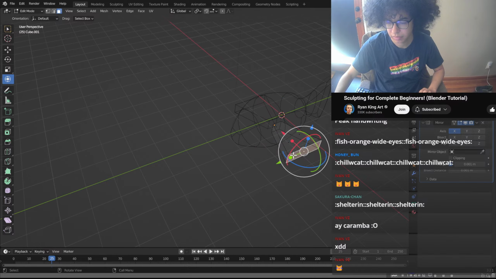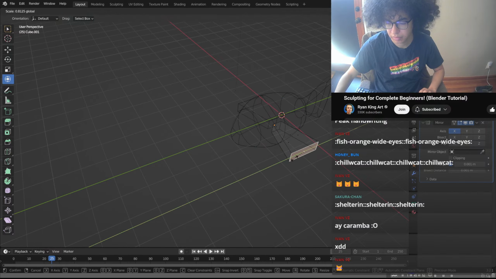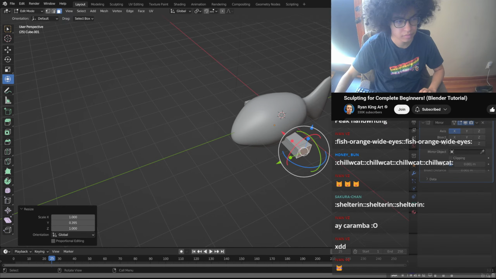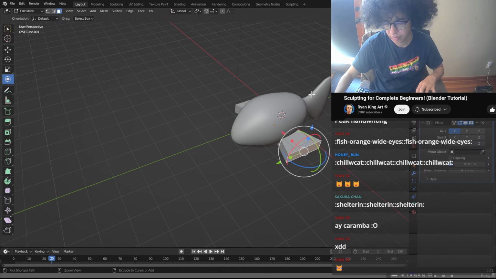Let's go back to solid view, and I will press Control R. Control R is going to add a loop cut, and I will left click and then right click so the loop cut stays where it is. And then if I select this vertex here, and then I'll hold down the Shift key and select